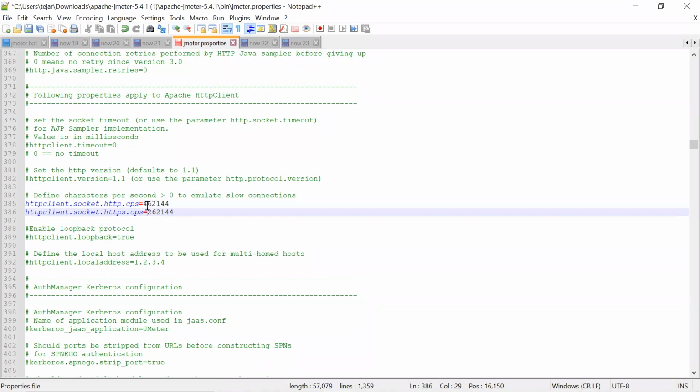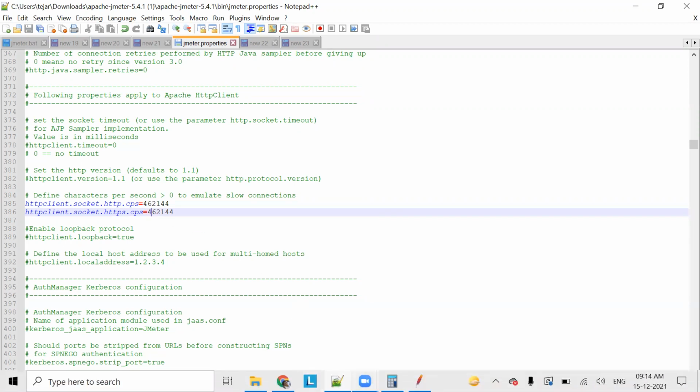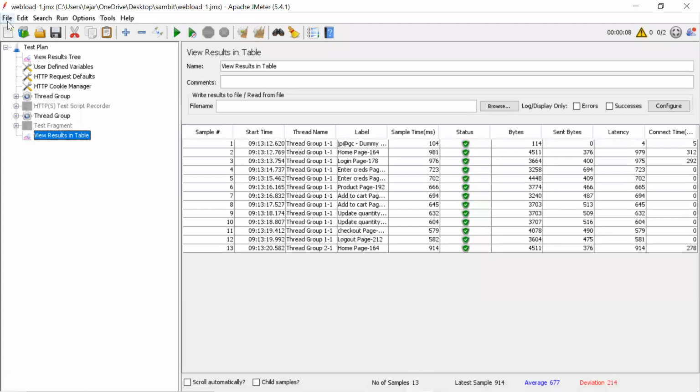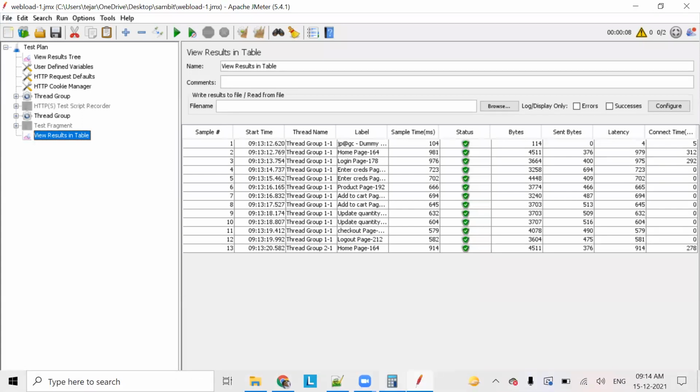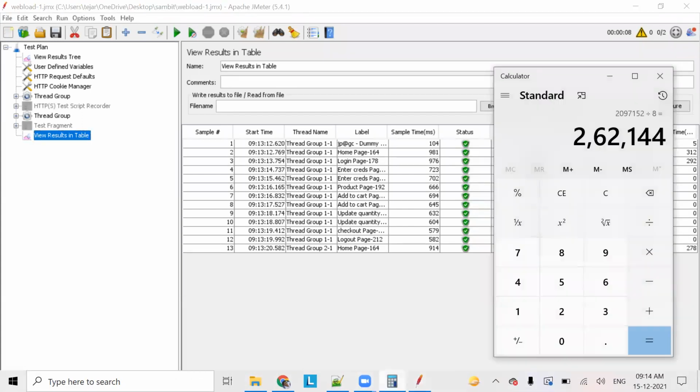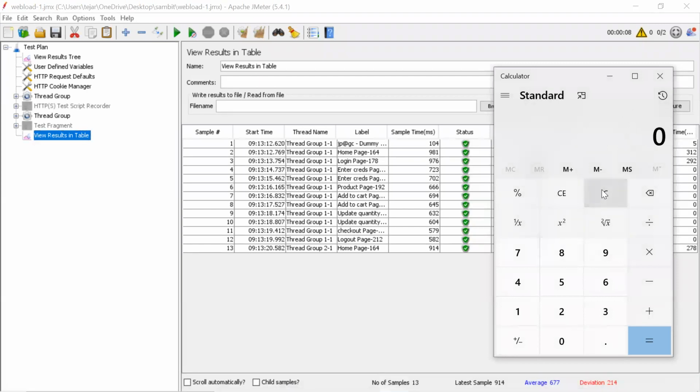So when it was 0, it was considering your internet speed, right? Yes, considering my speed. Now it should take this value, and the response time should be slow, right? Correct. You will get higher values. Yeah. Let's calculate again. Assume it's 1 kbps, 1024 divided by 8.